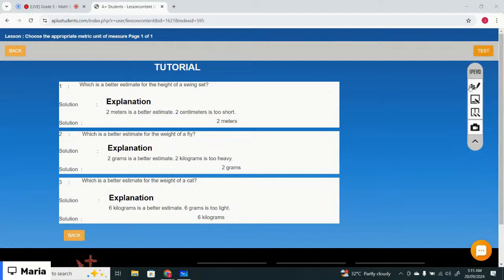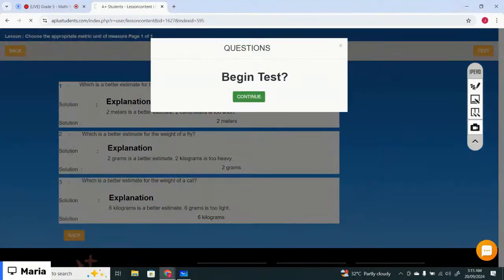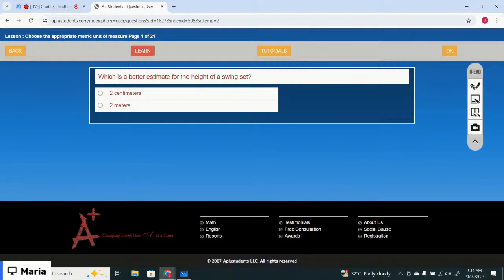Okay, let's just start with the test questions. Which is the better estimate for the height of a swing set? So that is 2 centimeters and 2 meters. Basically, the concept here is to understand the